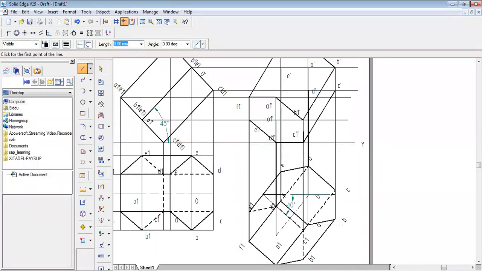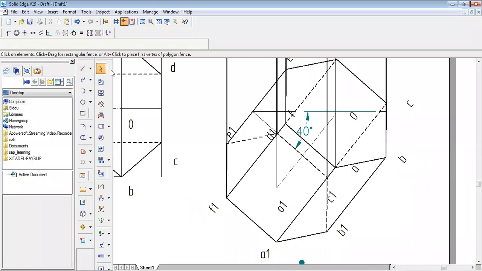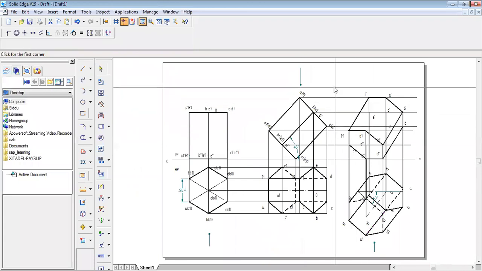Similarly, A to A1. This line is also seen by me. So this portion, oh, sorry, this complete portion is going to be seen by me. This surface, everything, right? So that is what we are doing now. Right, so this portion is going to be seen by me. So B1 to B1 is also seen by me. A1 to A is also seen by me. That also let us